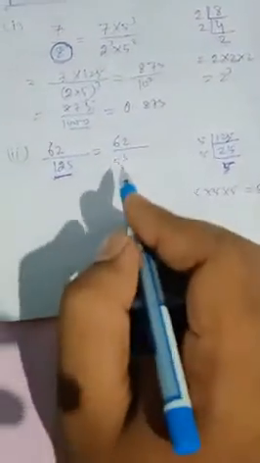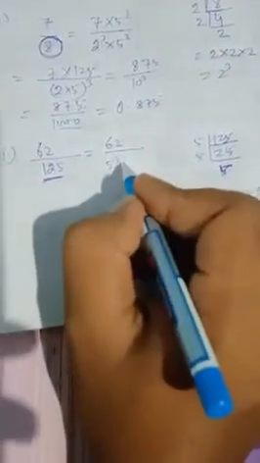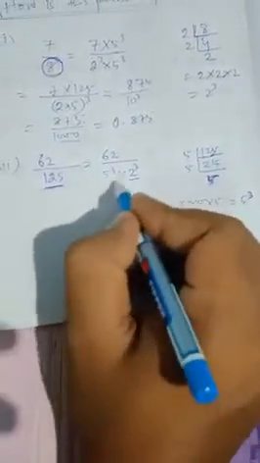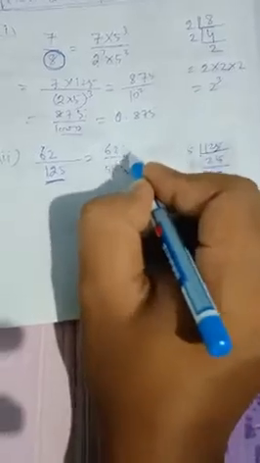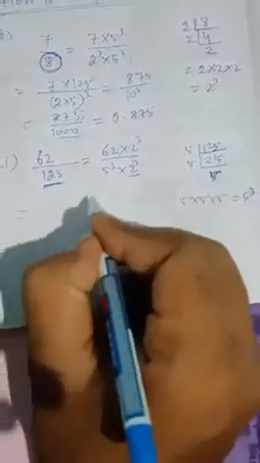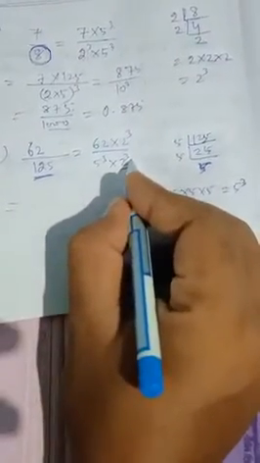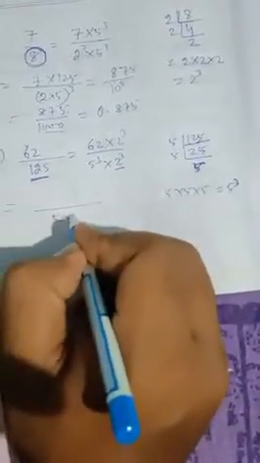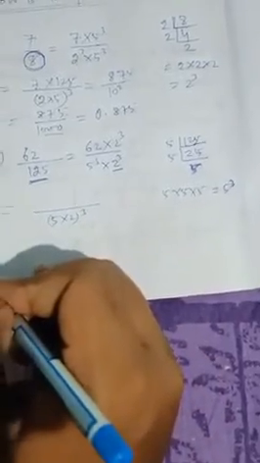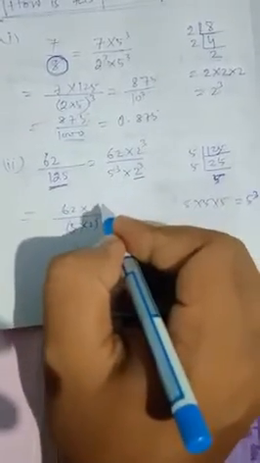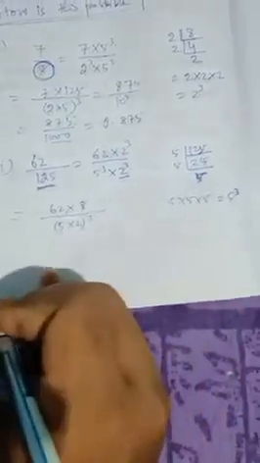So in this place we can write 62 by 5 cube, and as we get 5 cube we have to multiply it with 2 cube, and if we multiply 2 cube to the denominator, then we have to multiply 2 cube to the numerator also to balance the fraction right now. Next, what will happen? 5 cube into 2 cube, as per the laws of exponent, it will be 5 into 2 whole cube, and again in the numerator 62 into 2 cube, that is 2 into 2 into 2, 2 2s are 4, 4 2s are 8 right now.